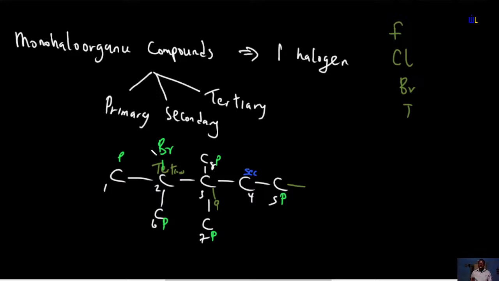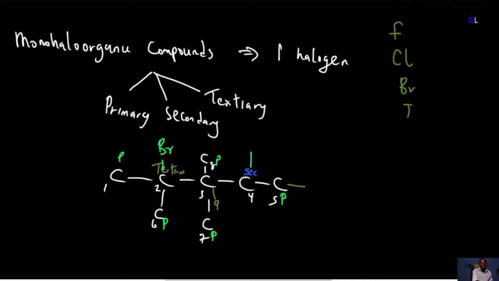Primary halogeno is a situation where the halogen is found on the primary carbon atom, which I told you exists terminally. Secondary halogeno is a situation where the halogen is found on the secondary carbon atom. This is the secondary carbon atom for this case. So if I put a halogen here, without the bromine, this is going to be referred to as the secondary halogeno. One of the reasons I'm talking about this is because you could be asked what type of nucleophilic substitution mechanism occurs in your secondary halogeno organic compounds. The answer is SN1 and SN2. We'll discuss that when we get there. Okay, so moving ahead,